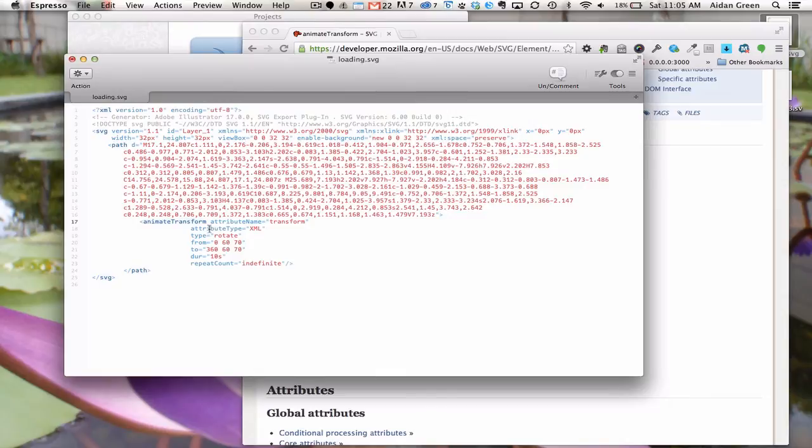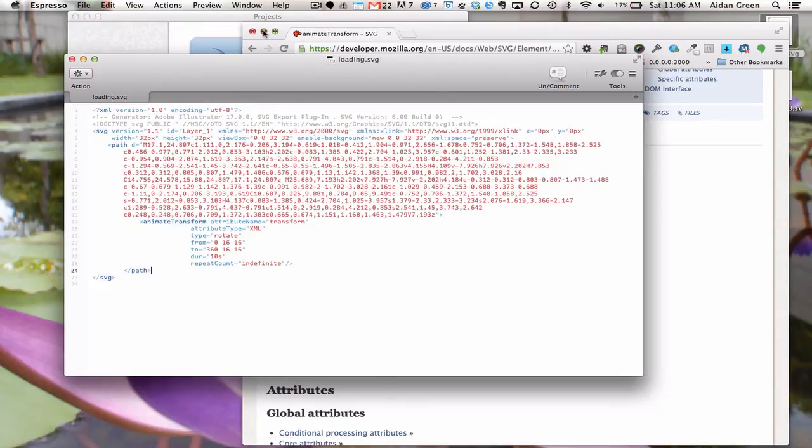Now we're going to rotate it from 0 to 360, and the reference point that we want it to be rotating around is the 16, which is the half of 32, and 16, and from 16 to 16. So now we're rotating from center X and Y to the center X and Y, and our path, we know, is also centered, and they're all the coordinates of our path. So now if we save that